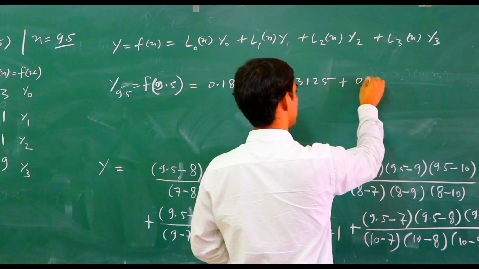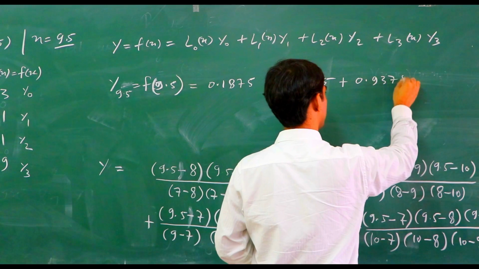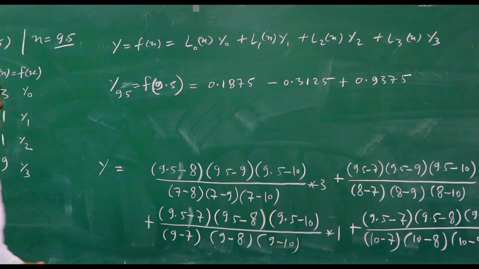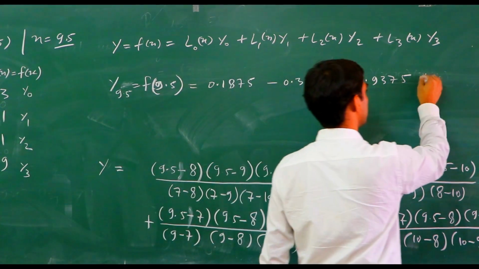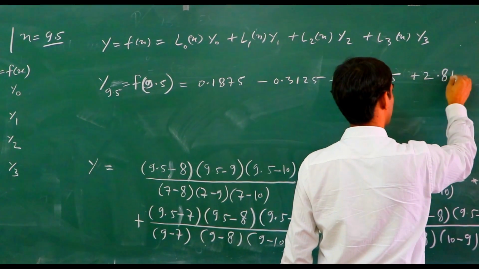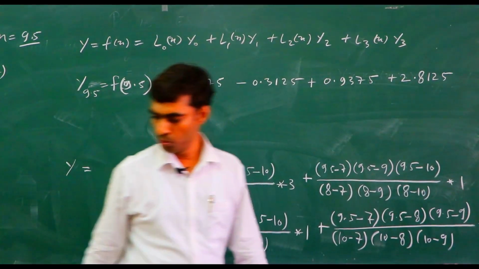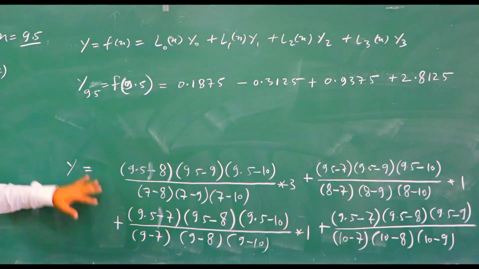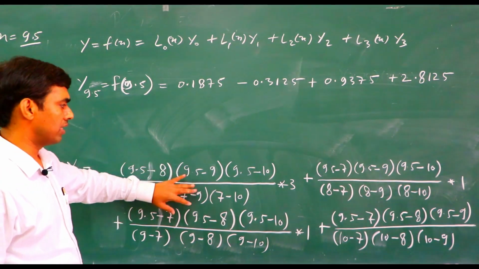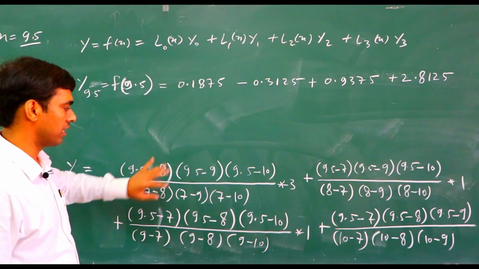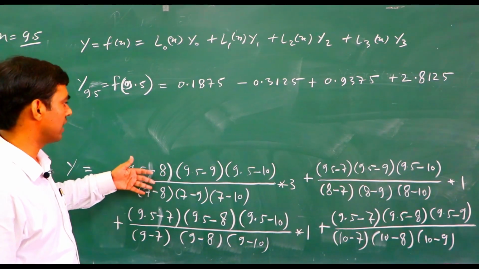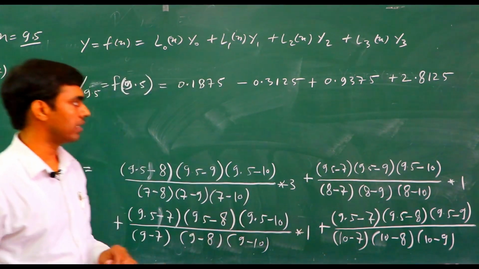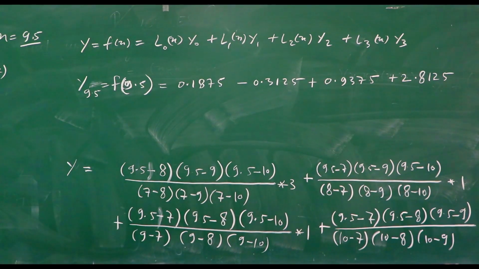Plus 0.9375, and if we calculate the last term, this one is 2.8125. So already we have noted down these values because you cannot calculate manually without the help of a calculator. So with the help of a calculator, if you calculate the values of this term, this term, this term and this term, once we verify the values, this one is